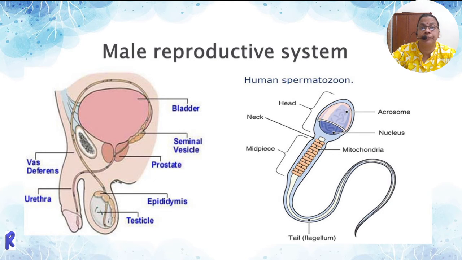Meanwhile, they will unite with, or collect, certain secretions from the glands. You can see here, there is a yellowish colored gland called the seminal vesicle, which adds more nutrients for the activity and maintenance of the sperm's life. Along with that, there is another gland called the prostate gland. And a small gland in and around that is called Cowper's gland. All these glands, the accessory sex glands, secrete the fluid part.